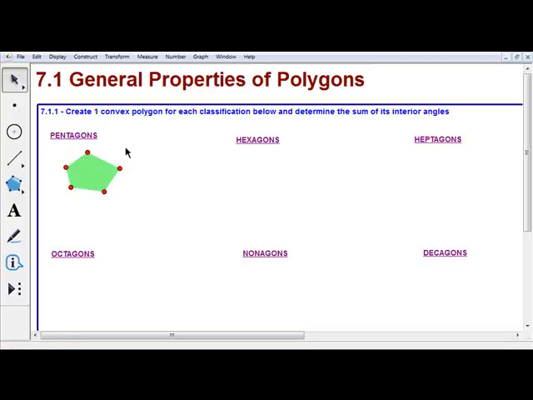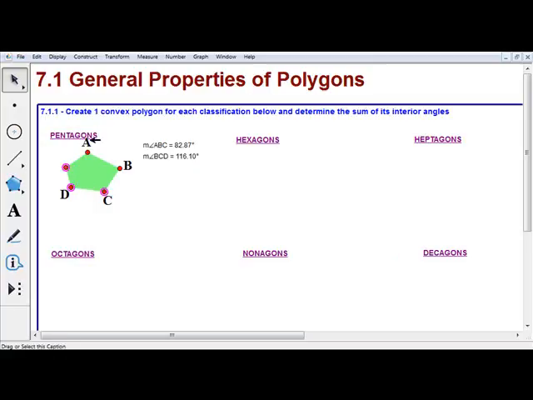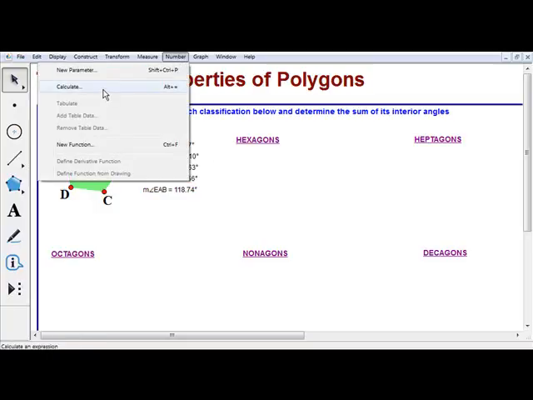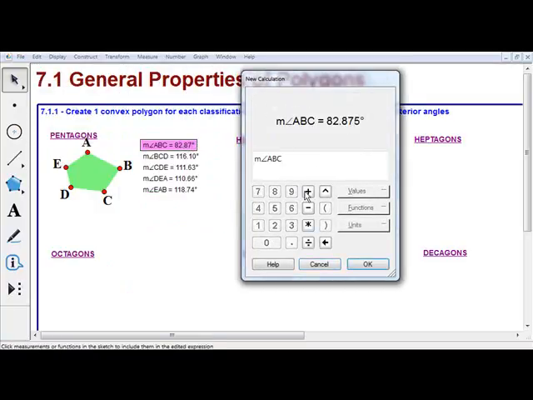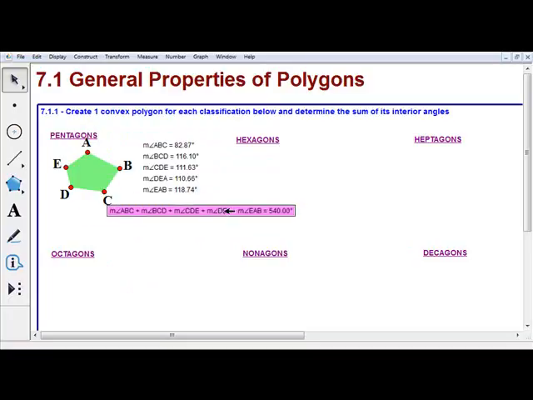And so if you did it this way, to measure each of the angles, you'd simply measure by selecting the 3 vertices, or the 3 points with the vertex being the middle one for your angle. So you can measure your angle and do the same thing. Again, make sure you put the angle that you're actually trying to measure as your middle vertex. Just work your way around until you get all your vertices. And once you do that, you can use the calculate tool and add them all together. So once you add these together, you can verify what the total sum is, and you see the sum should